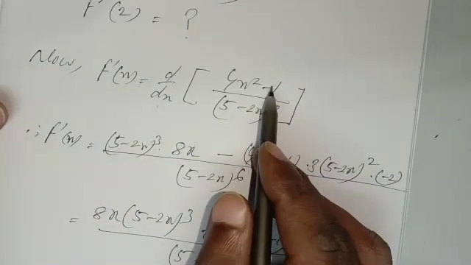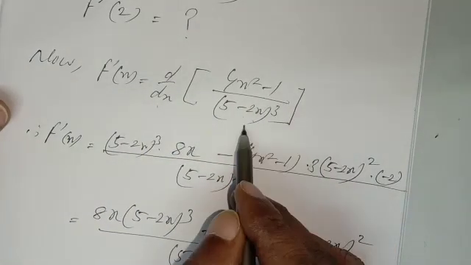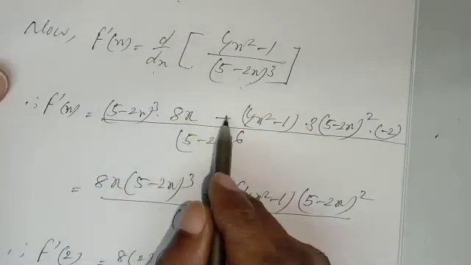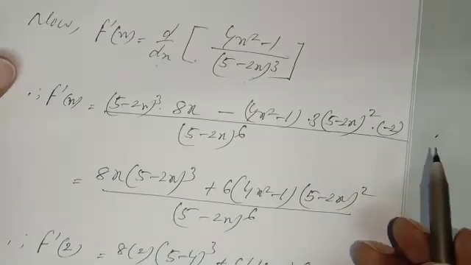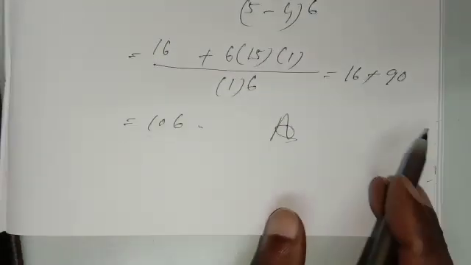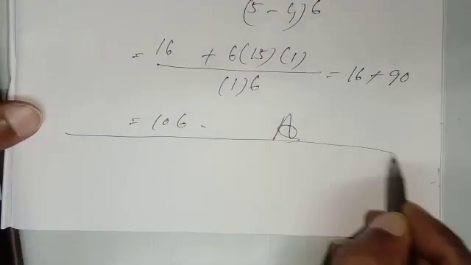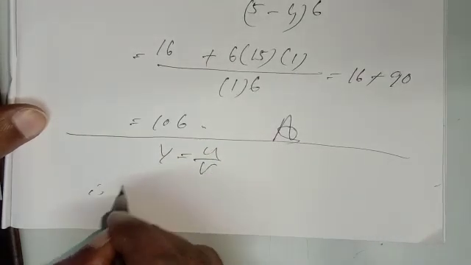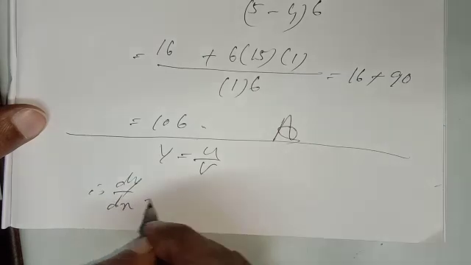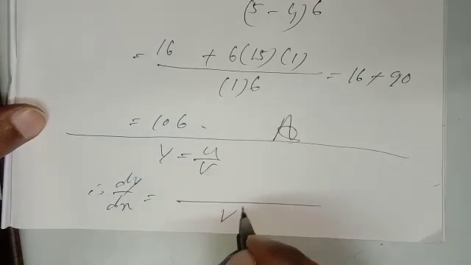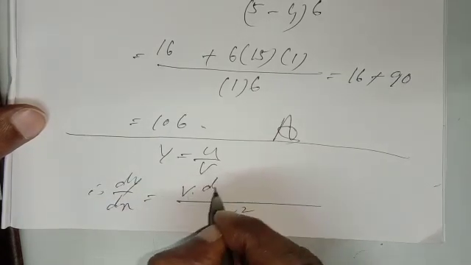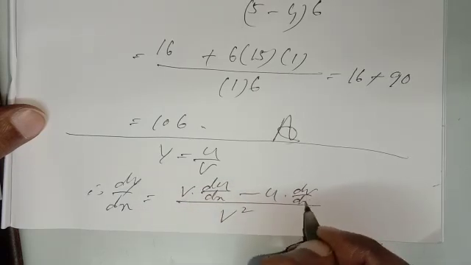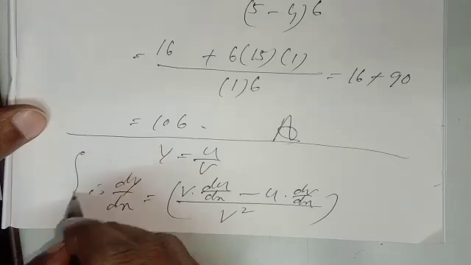You have to apply here u/v form. This is u, this is v. As per the formula, v into derivative of u minus u into derivative of v. I think you have memorized the formula. If not memorized, I am writing it for short. If y is equal to u by v, then dy by dx formula is what? I am writing it for the last time. You have to memorize: v square in the denominator, and v into derivative of u minus u into derivative of v. This is the formula I applied here.